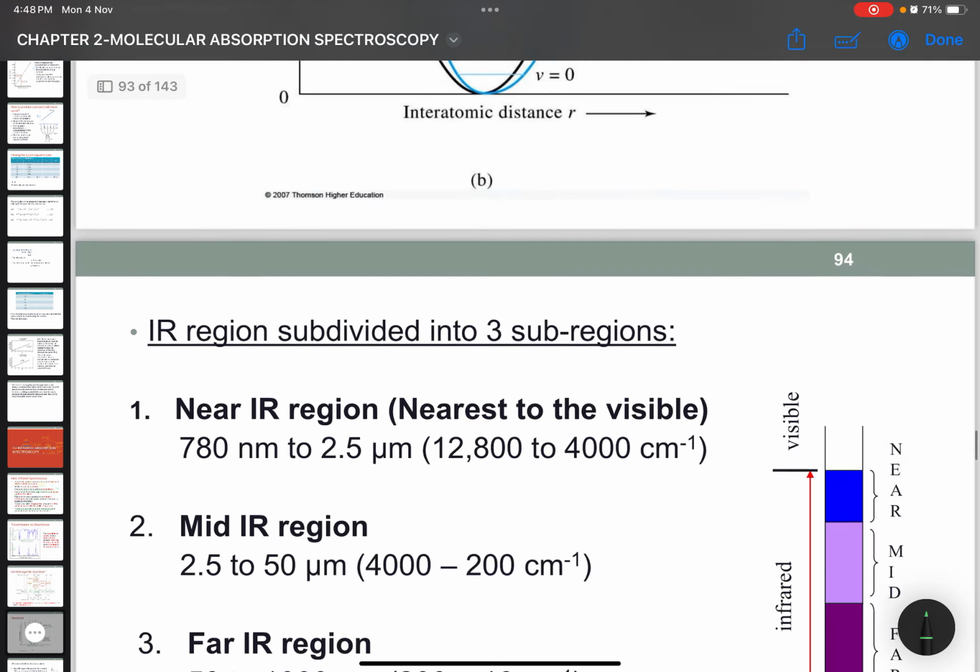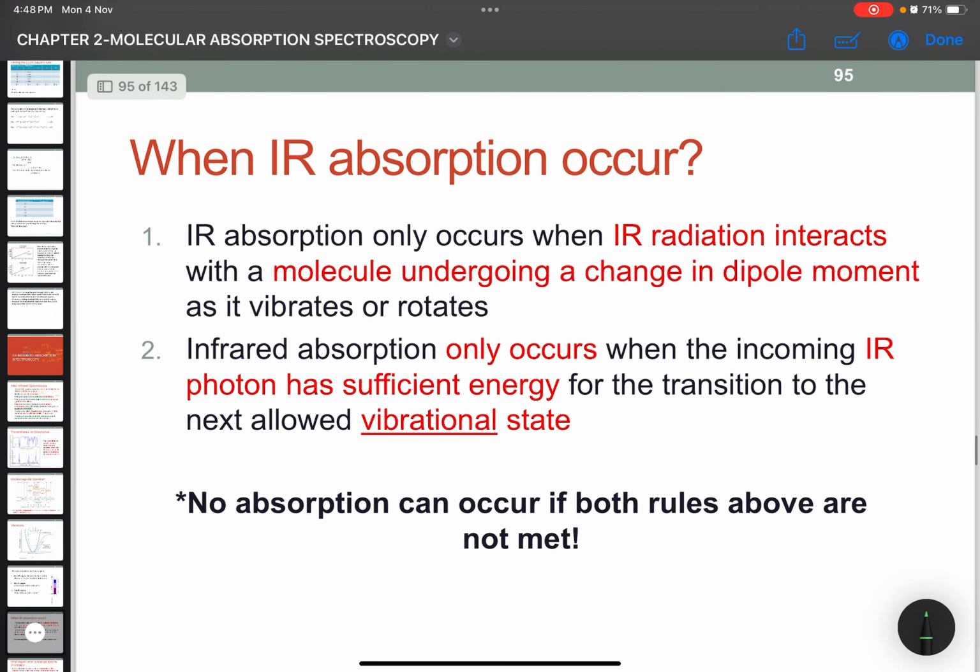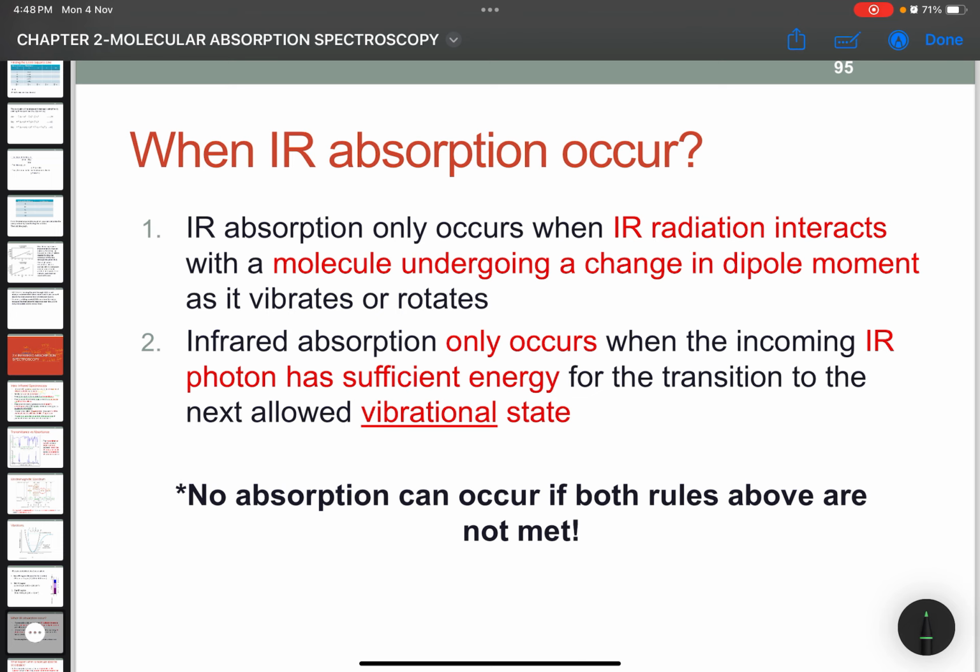For molecule, sekejap. Okay, this one dulu ya, nanti baru saya naik atas. When IR absorption occurs, or in other words, what molecule can absorb IR? Okay, ini dua benda lah. Kalau kita tengok balik dekat outline tadi, principle discusses what are characteristic or what types of molecule that can absorb IR. In UV, we have looked at the types of molecule, 3 types of molecule that can absorb UV. But now in IR,